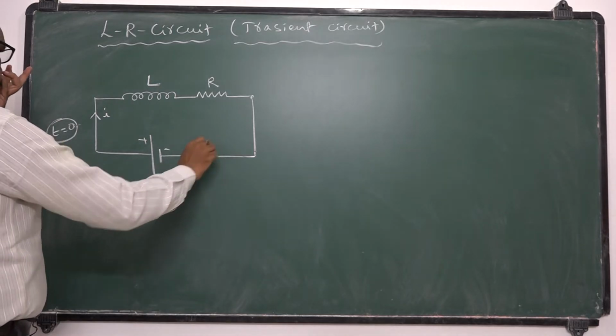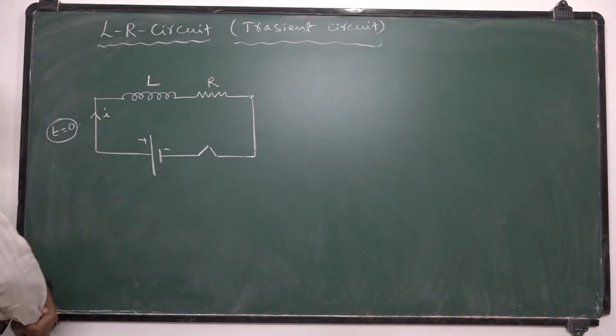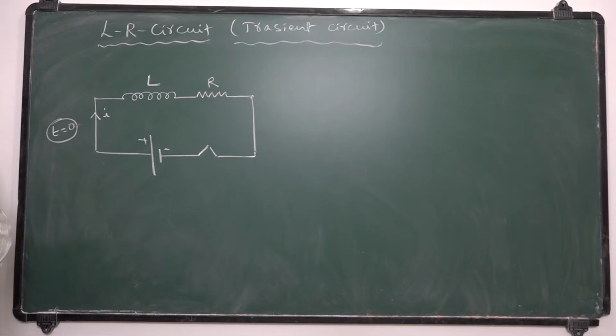Let us see. When you switch on the circuit, current tries to enter into the circuit. Inductor is a device which is used to store magnetic energy, already known to you, against the resistance, against the back EMF that is going to get developed here. The current is going to increase its value. Hence this circuit is called a transient circuit.